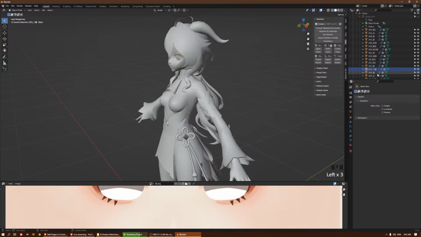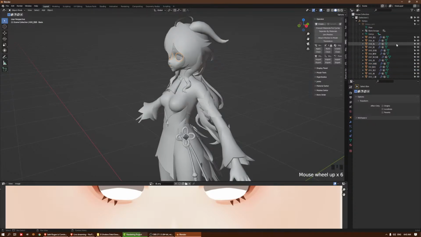This one is the eyelashes. This is the, what do you call it, the eye line, the brow, the eyes. There's a star within the eyes. If I'm not wrong, it's an MMD thing as well. So yeah, the star within the eyes. This is the mouth and the tongue and the teeth, etc. So